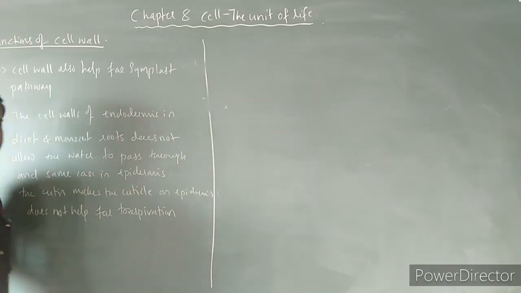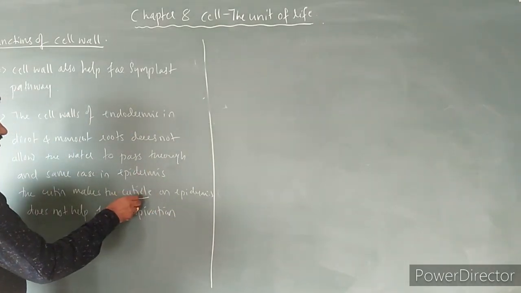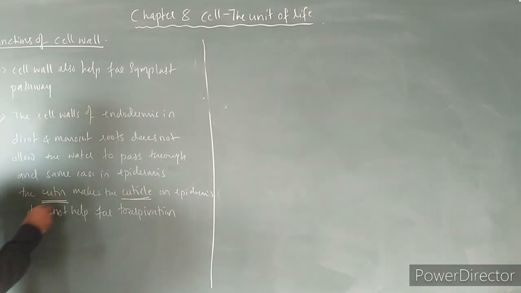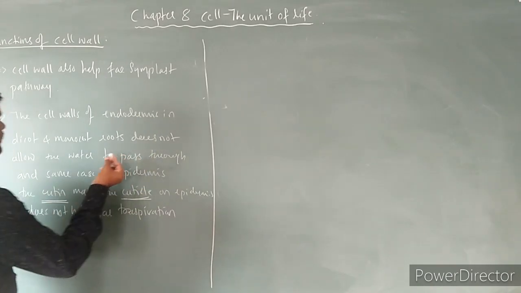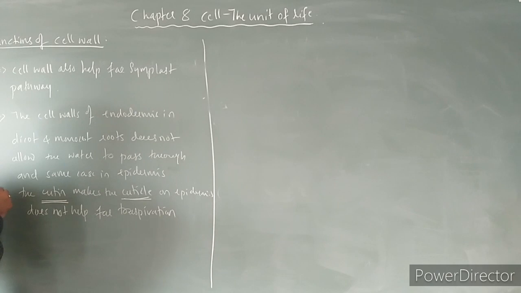It avoids transpiration, right? Cuticle avoids here. Why? Because of cutin material. And so here in case of dicot and monocot root, endodermis does not allow the